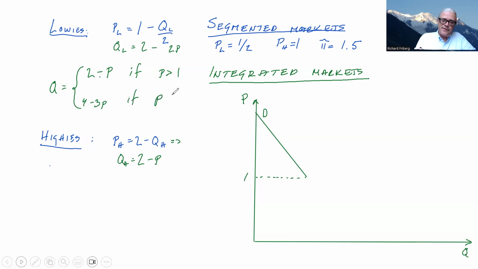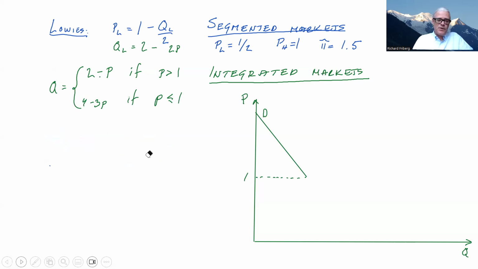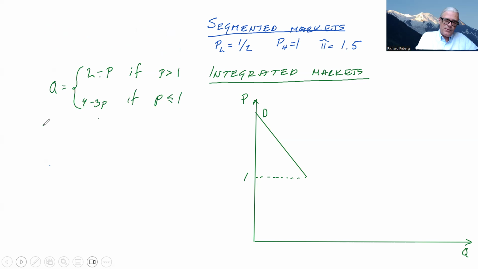If price is 1 or below. So say that we want to draw that. I'll clean this out as well. So let's draw that. Well, what do we have? We have that Q equals 4 minus 3P. So writing that in terms of the inverse demand function, shifting over and dividing by 3 gives us P equals Q over 3 minus,